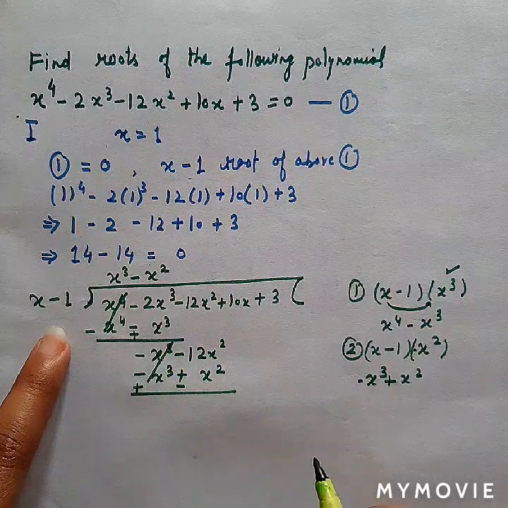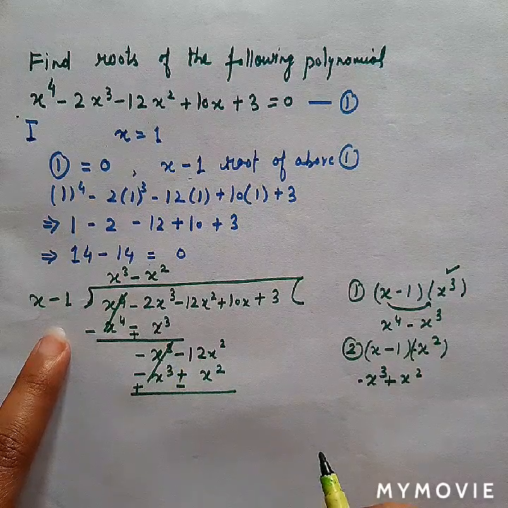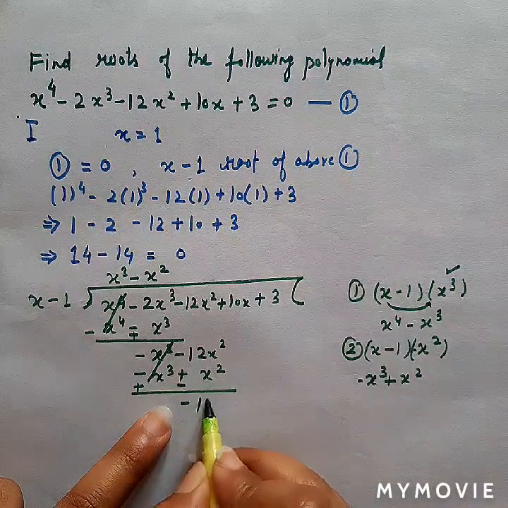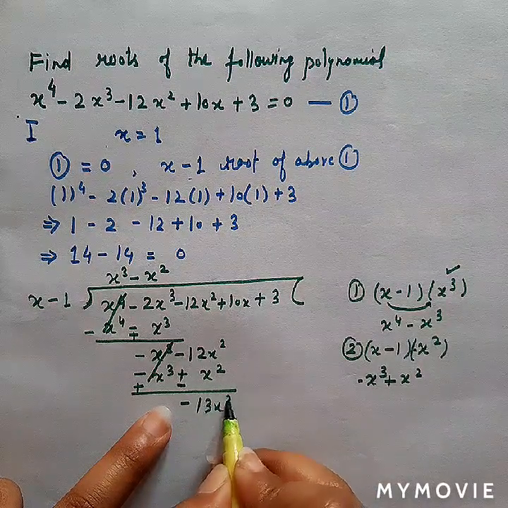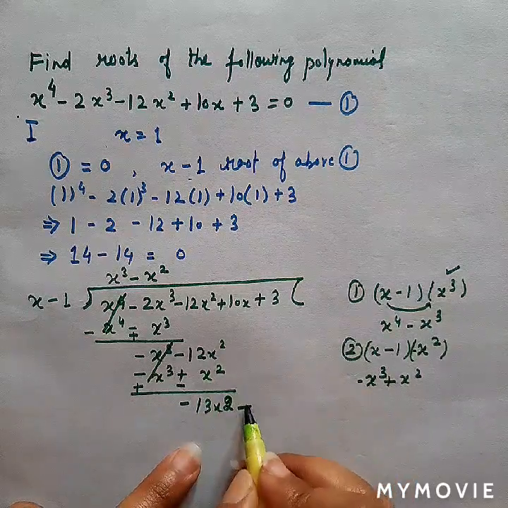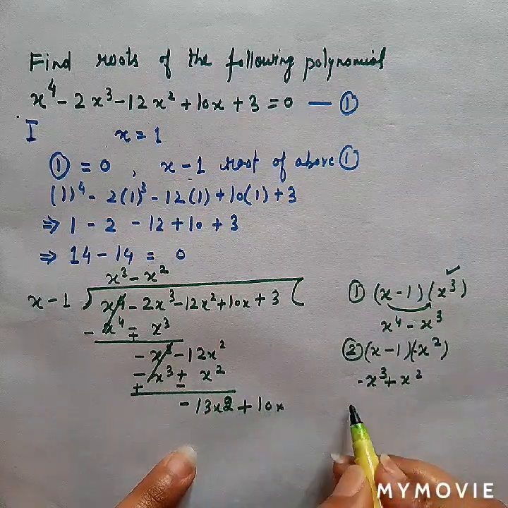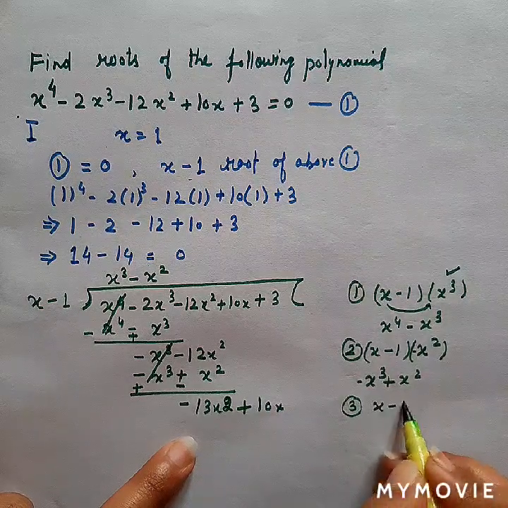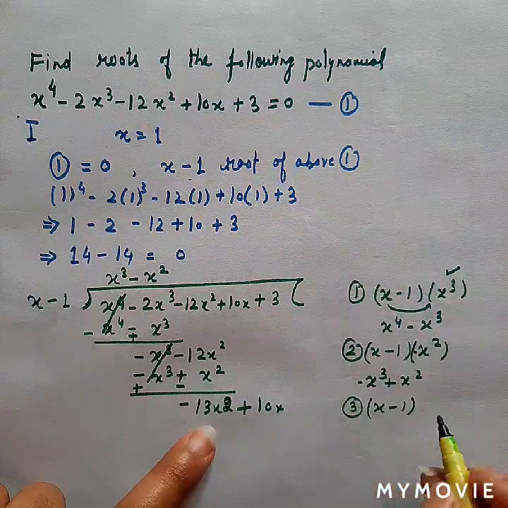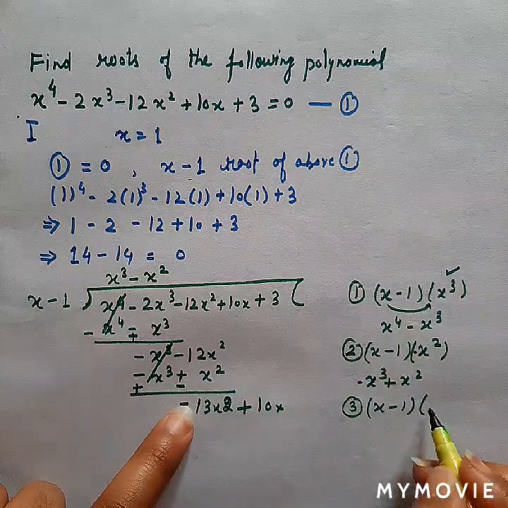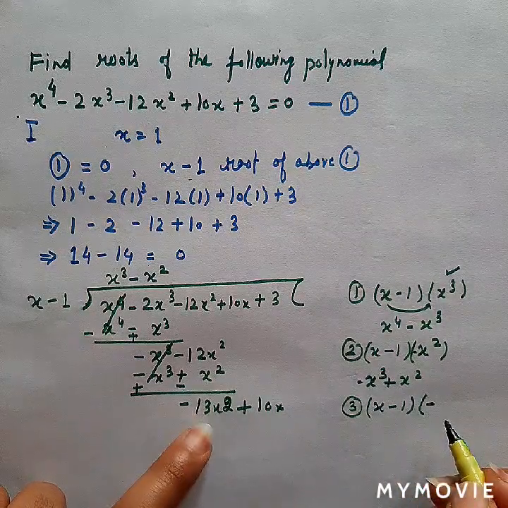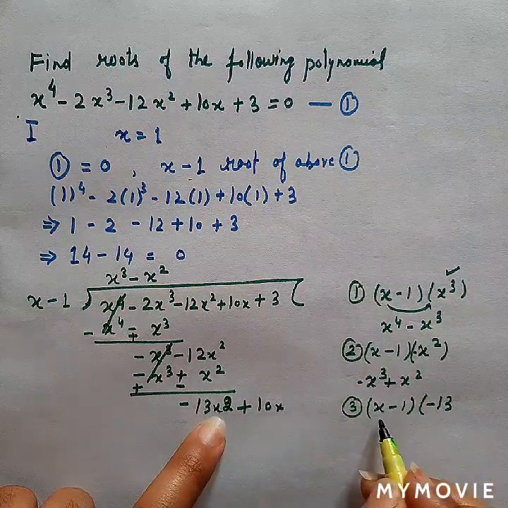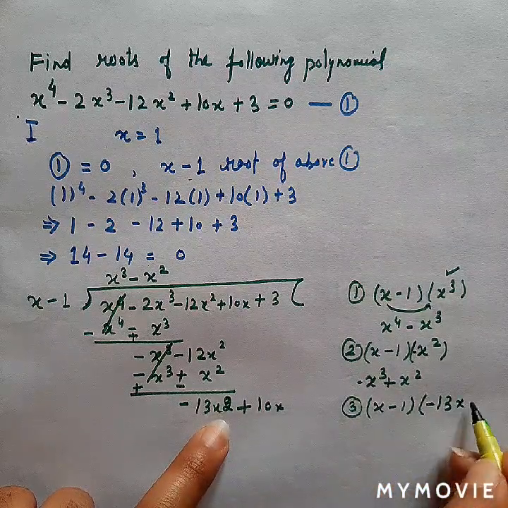So this will be cancelled out with the similar term of opposite sign, and minus 12x square minus x square, minus plus x square, right? Bring down the term 10x. The third step would be, again I have to cancel out this term. So what I will do next is, first of all I will multiply with the negative sign here, then 13 is here, 13. So I need x square. X I already have here, so I will multiply it with x.